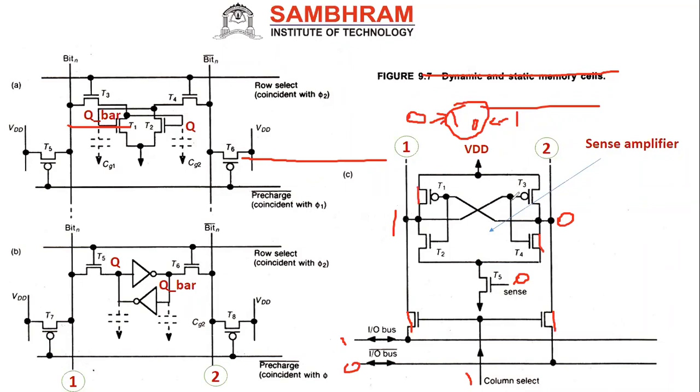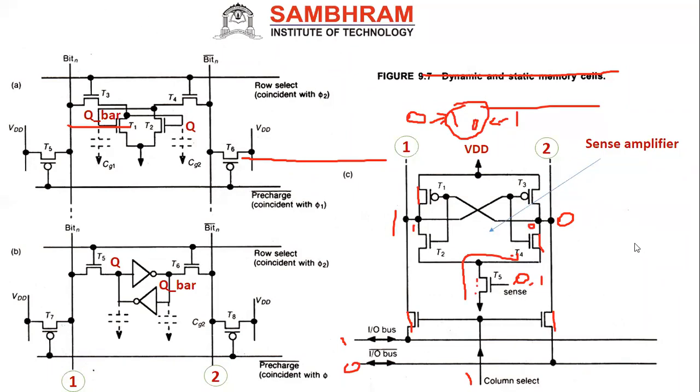Now what will I get? The input is equal to 1 for this inverter, so the output will be 0 here. For this inverter, the input is 0, so the output will be 1 here. See this. But normally what will happen? When I give input equal to 1, and the sense amplifier is on, then this also will be on. Then automatically, when this is on, it will try to pull down, or try to discharge, the value here.